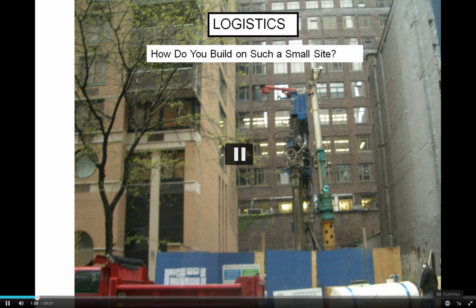So there's a tremendous amount of potential interference and areas that you have to be cognizant of and protect at all times, because you want to be the good neighbor. You want to have a good construction project that doesn't involve accidentally settling a building, breaking a neighbor's wall down, anything like that. So part of planning your project is figuring out how to build it in the space constraints